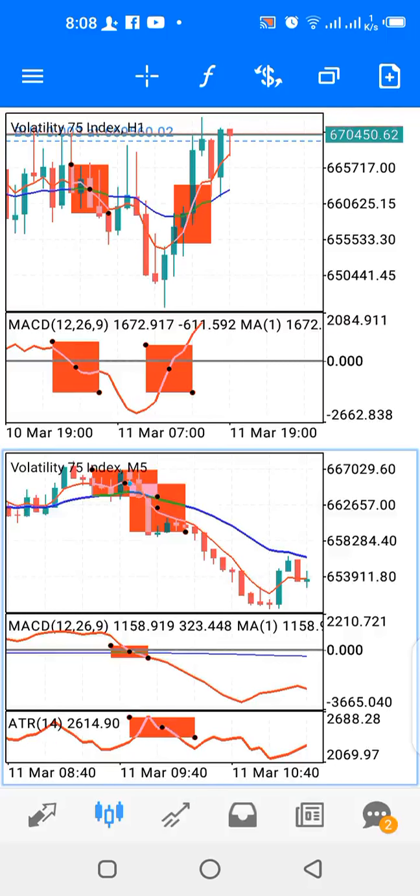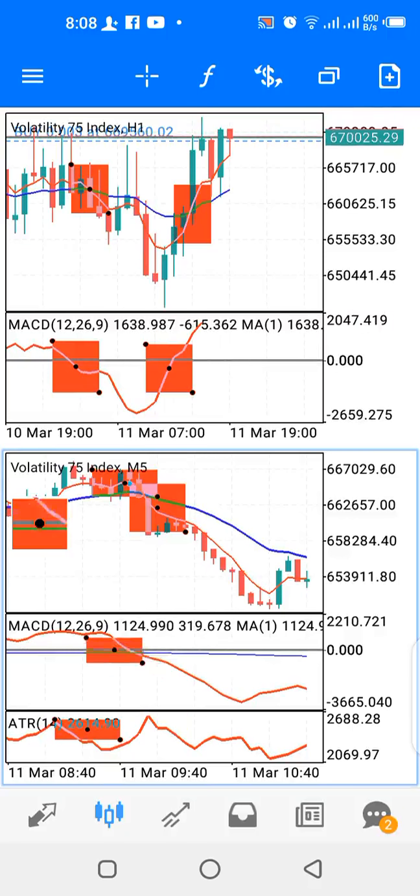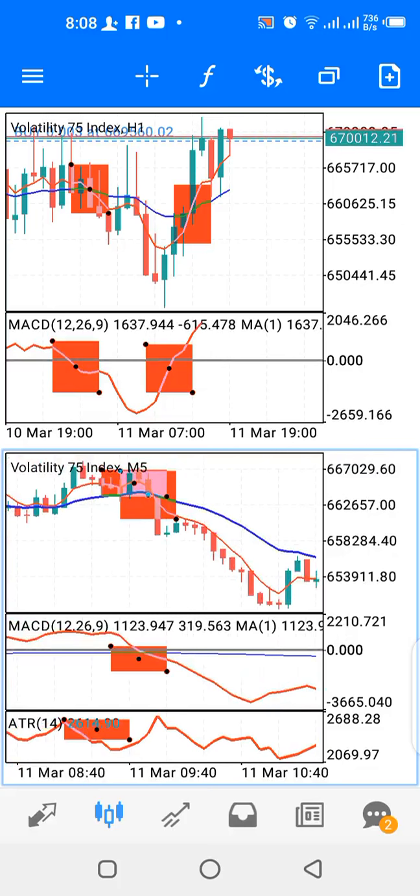ATR is highest around here or highest around here, look for sell. So all you have to do is wait for a sell signal to happen on indicator window 1 and the main window. So the way this strategy works actually is you now synchronize what happens on the 2